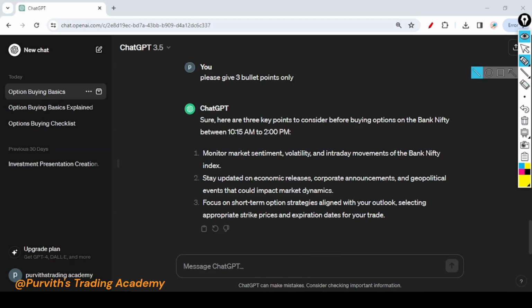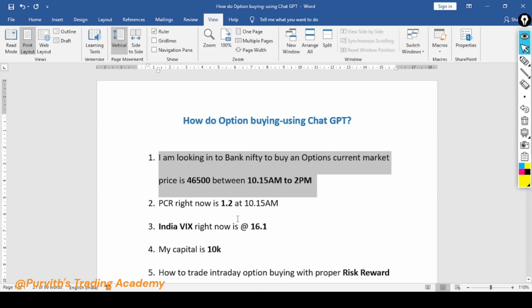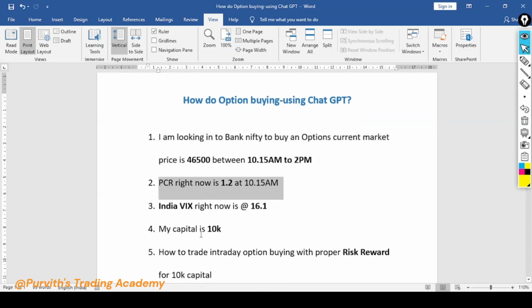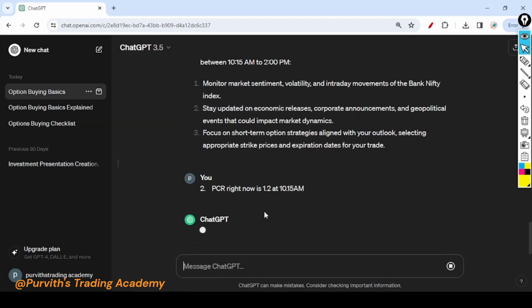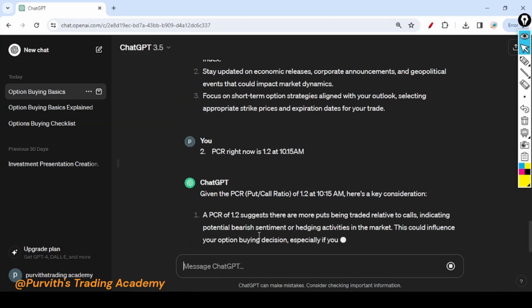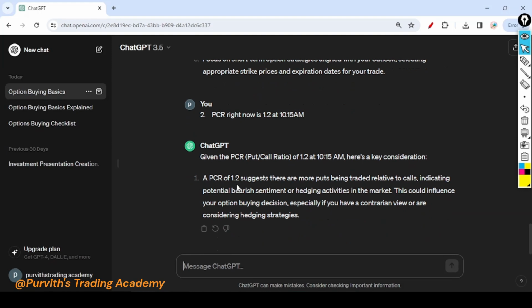Then after that, the second question I am going to ask ChatGPT. What exactly is the second question? PCR is at 1 point 2. Yeah, here you see the PCR of 1.2 suggests that there are more puts being traded relative to calls, indicating potential bearish sentiment. No, this bearish sentiment is actually with respect to the buyer's perspective, but most of the time